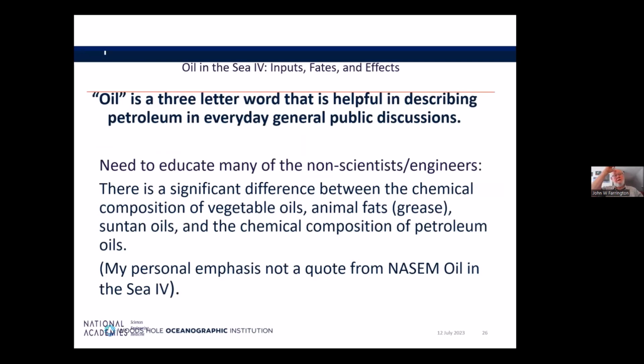So here's a personal quote, personal emphasis. Oil is a three-letter word that's helpful in describing petroleum in everyday general public discussions. From this, and I found throughout my career, we need to educate many of the non-scientist engineers. There's a significant difference between the chemical composition of vegetable oils, animal fats and grease, suntan oils, and the chemical composition of petroleum. I particularly put suntan oils in there because in the mid-1970s, I was aghast to read in